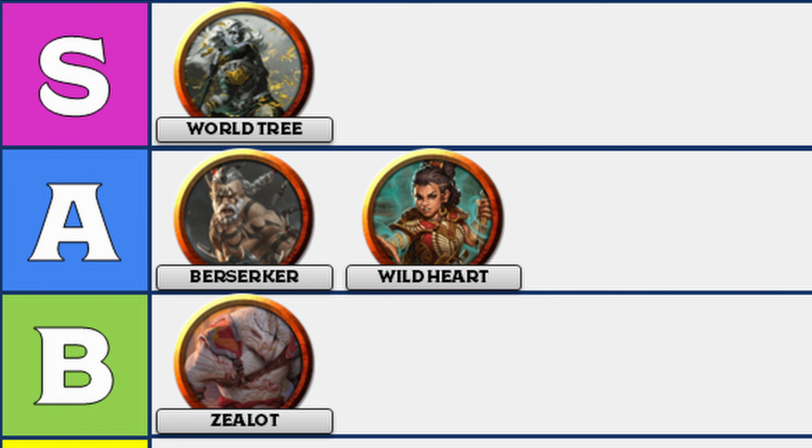World Tree. I think the Zealot and the Berserker are going to feel very indistinguishable a lot of the time. So I feel like maybe I will tell you the Zealot is an excellent choice, maybe the Berserker's the B, because I do think the Wild Heart is better than the Berserker. Same. But the Zealot and the Berserker are the only two that are actually getting the flat